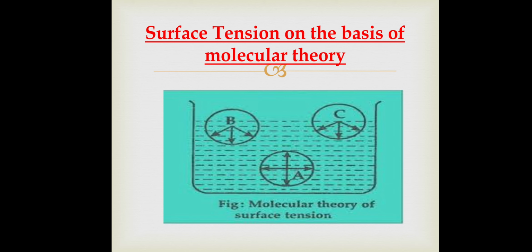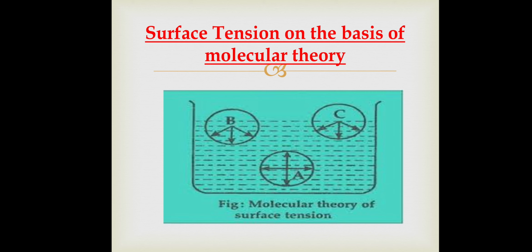Then consider molecule C. Molecule C is just on the free surface of the liquid. Half of its sphere of influence is in air and half is in liquid. The upper half of the sphere of influence contains very few molecules of the air, so the downward force on the molecule becomes maximum. This applies to all other molecules on the surface of the liquid. This downward cohesive force per unit area of a liquid is called its internal, or intrinsic, or cohesive pressure.